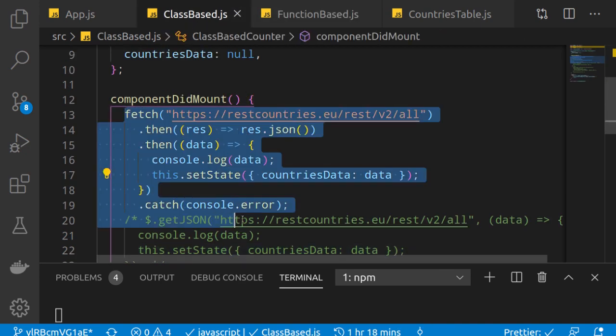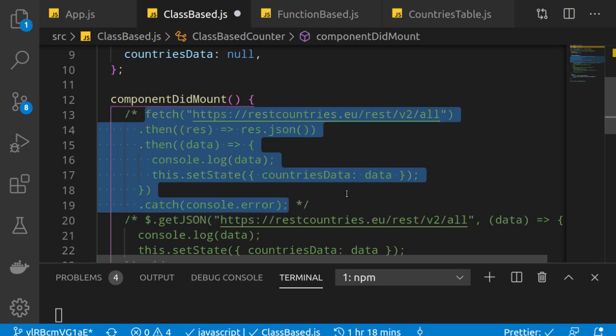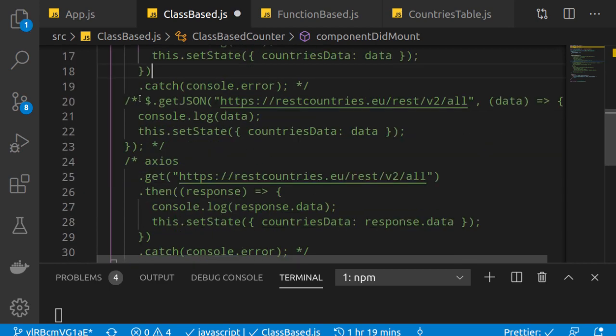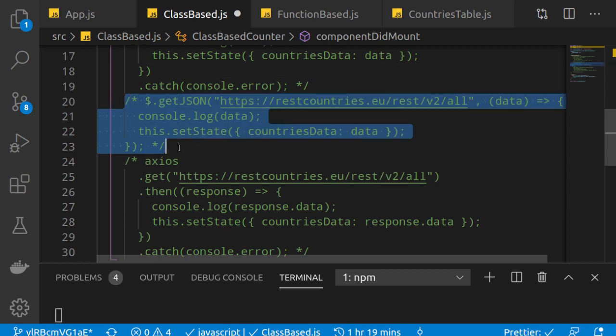So what I am doing is that I'm just trying to close this method and again back to the class-based component. So now I hope you have understood the difference between the class-based component and functional component and how to implement. The only difference is that in class-based component we have to use the componentDidMount lifecycle method, and in function component we have to use the useEffect hook with the blank dependency, right? Otherwise on every update it will again fetch the data and it will go into the infinite loop.